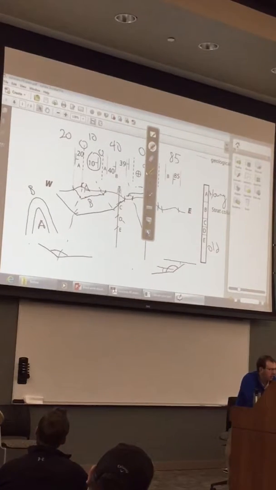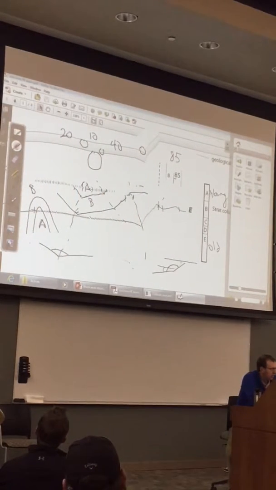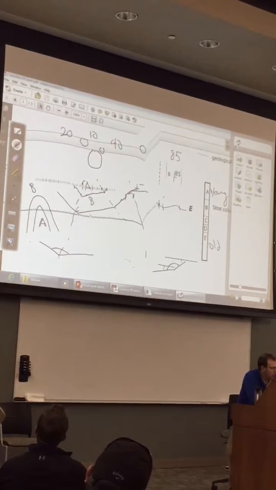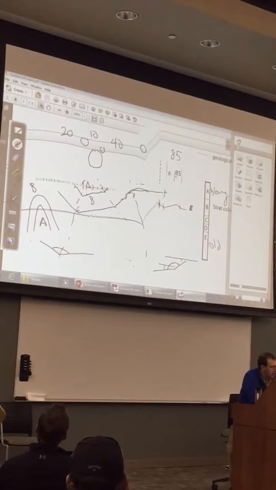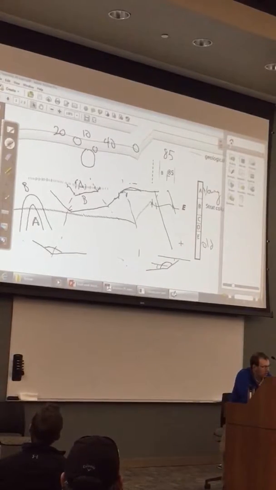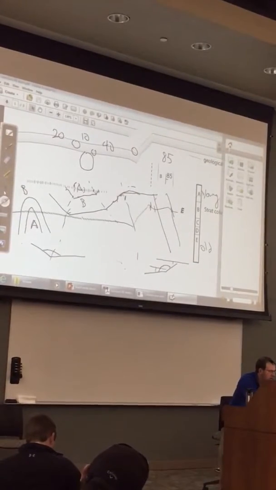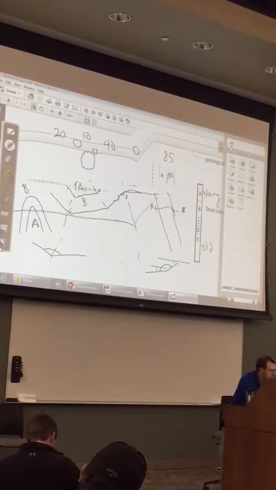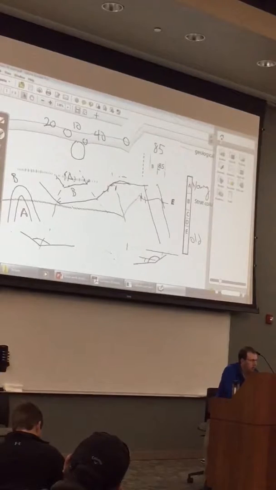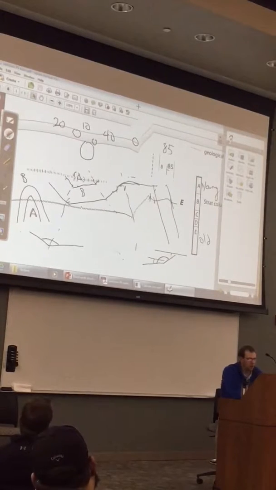Here's another kink band. It's going to go the other way. And then, okay, so it's going to go flat. And then once it hits here, it's going to go very steep down 85 degrees. Okay? So the real key here is using your kink band geometry to figure out